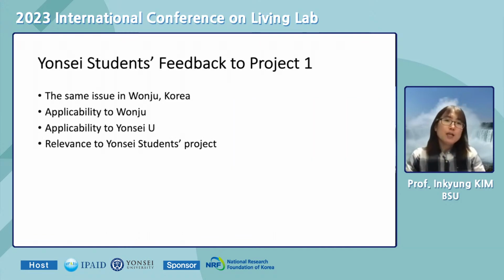Yonsei students' feedback to project 1 was very well written and interesting. They found the same issue in Wonju. They researched, I think, and they said there are more than 400 clothing collection boxes. The student must have researched how many clothing collection boxes there are in Wonju. And so why the solution of Bridgewater students can be applied to Wonju,